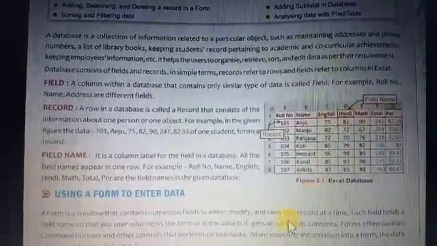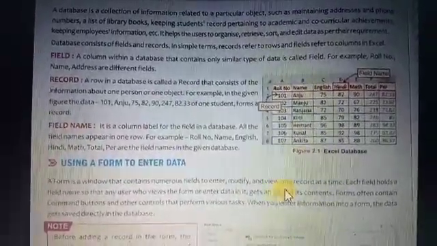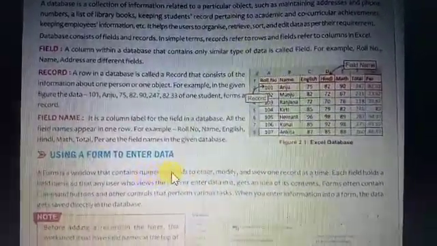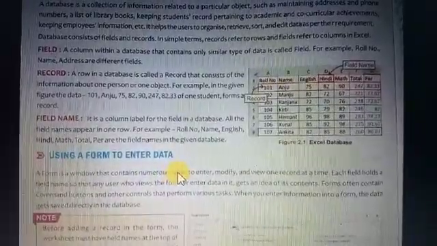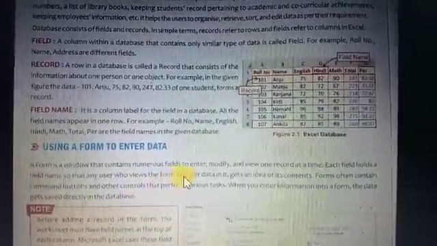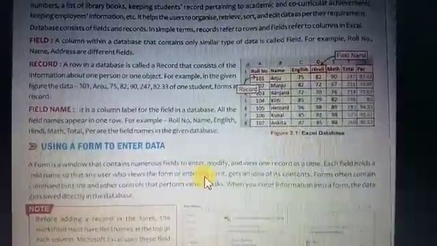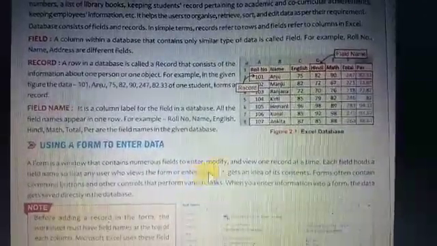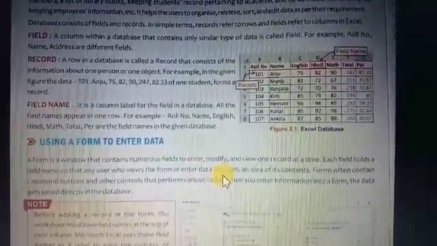But what is new in this chapter? We can enter the data through a form. How can we enter the data through a form? First of all, what is a form? A form is a GUI component, a graphical user component, that allows us to enter data through a box format, that is, a text box. In a text box, we can enter the data and manipulate it; we can find the data and delete the data. Every kind of operation can be performed here through the form.